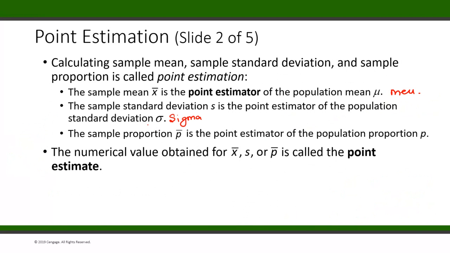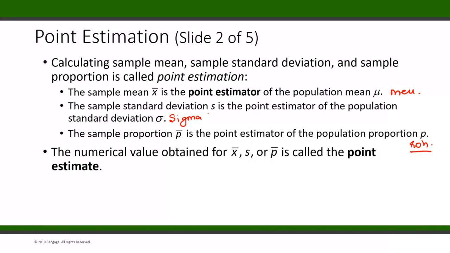So this is mu, this is sigma, and then this is called rho. So the point is, your sample mean is the point estimator. It's one estimator, or sometimes we call it a statistic. This is the statistic. This is the number. This is the point estimator of the population mean mu,